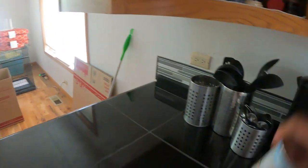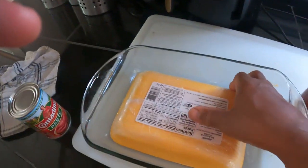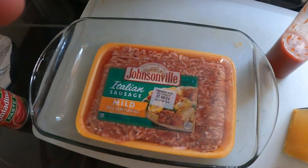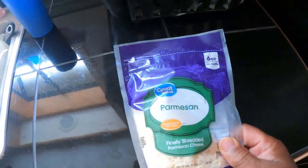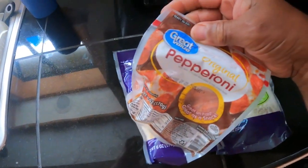some Keto Pan Pizza. And it's going to be a glass pan. That's the glass pan. We're going to use some Johnsonville Italian mild sausage, some Contadina tomato paste, some extra virgin olive oil, and some grated Parmesan cheese, some whole milk mozzarella cheese, some pepperoni,